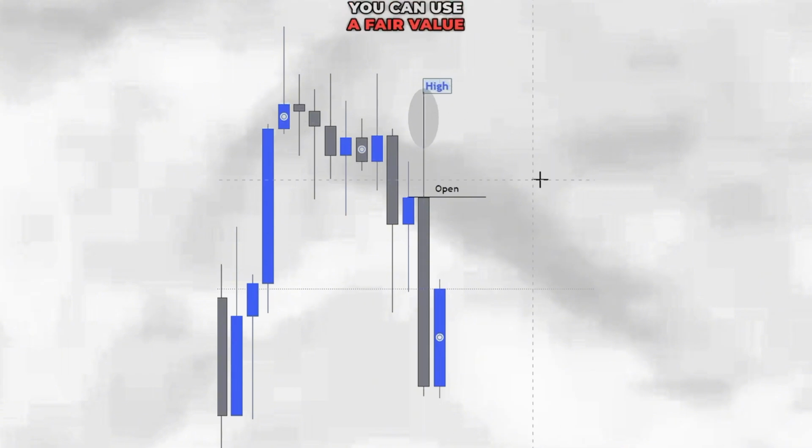You can use a fair value gap, you can use an order block, you can use whatever you want. But if you find areas and sell confirmations and you are above the open in a bearish day, you will be able to take part in successful sales on this particular day. You have to get in line with the bias of the daily candle to give yourself the best chance of